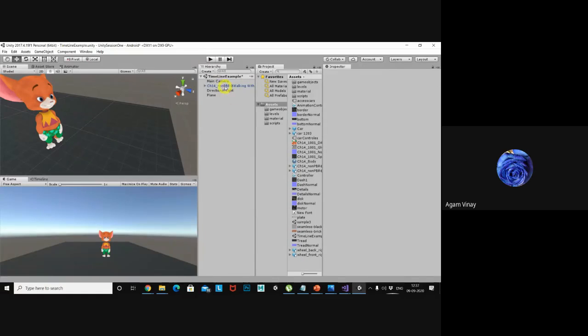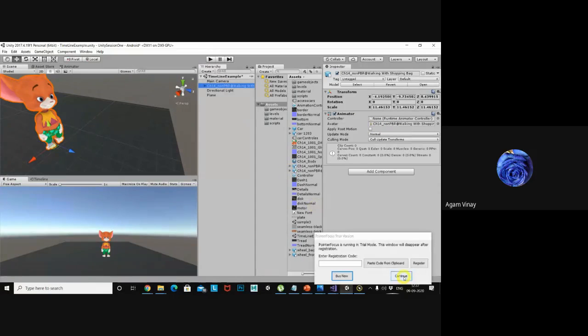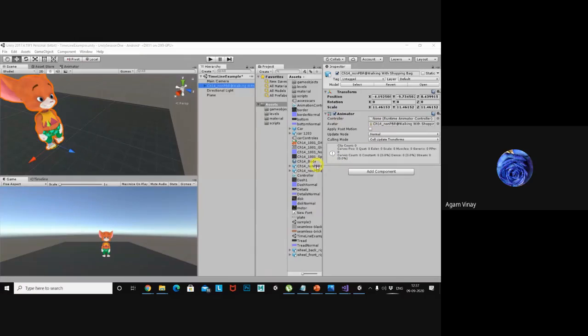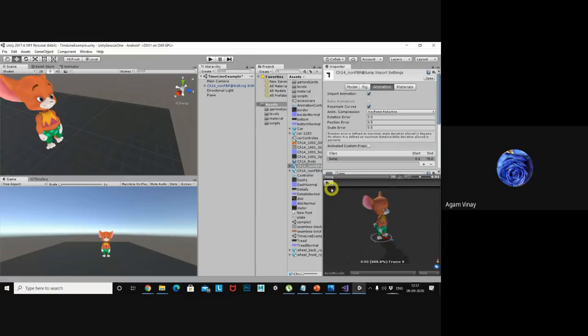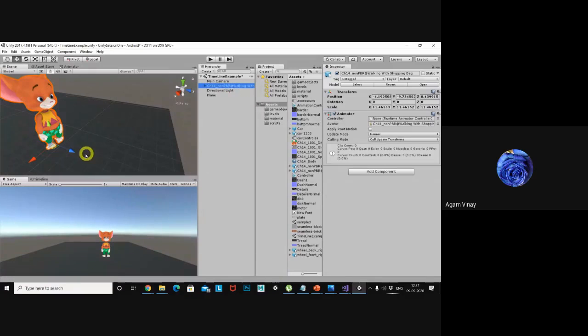Now I want to add an animation to this character. You have two animations: one is a walking animation, another one is a jumping animation. This is the walking and jumping animation, and this is the walking animation. By default I want the character to walk, so I want to add the walking animation to this character. The animator component is used for the animation, this you know already. But the controller here is empty, no controller is there. You need to create the animation controller for this.